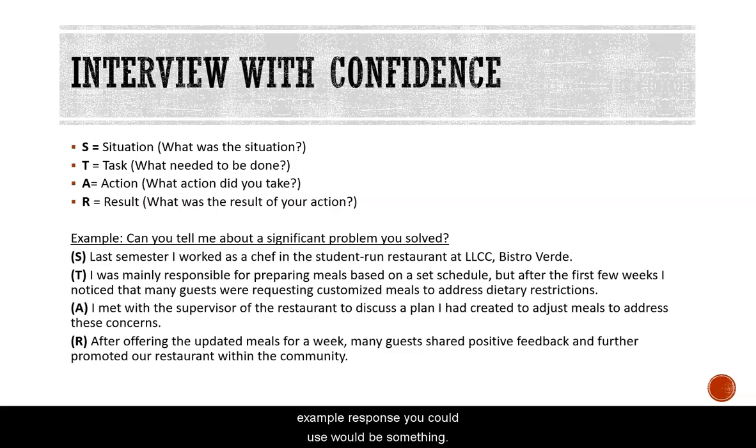So an example response you could use would be something like, last semester I worked as a chef in the student-run restaurant at Lincoln Land, Bistro Verde. I was mainly responsible for preparing meals based on a set schedule, but after the first few weeks, I noticed that many guests were requesting customized meals to address dietary restrictions. I met with the supervisor of the restaurant to discuss a plan I had created to adjust meals to address these concerns. After offering the updated meals for a week, many guests shared positive feedback and further promoted our restaurant